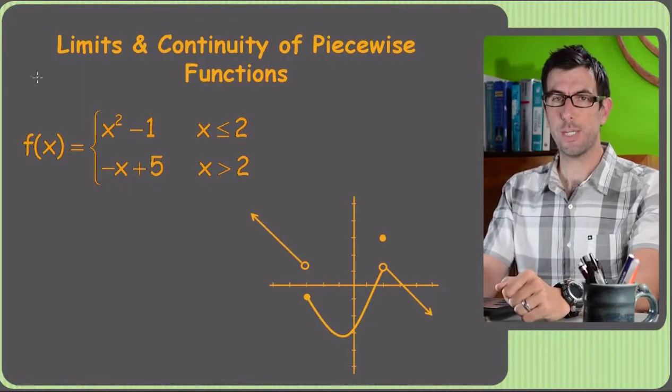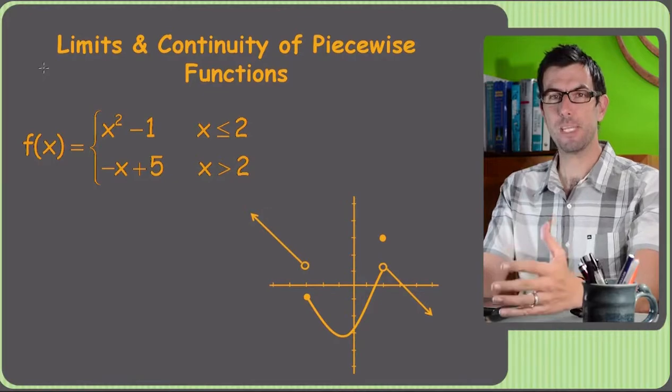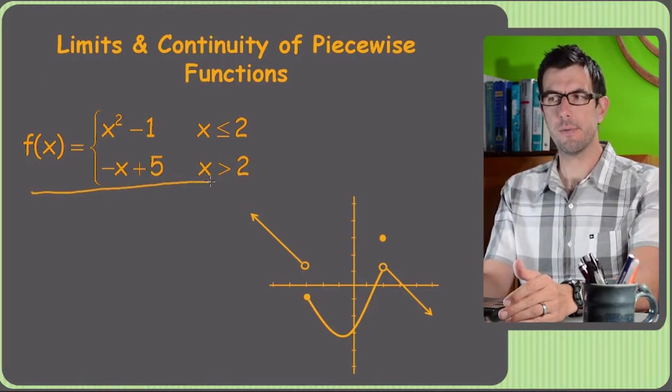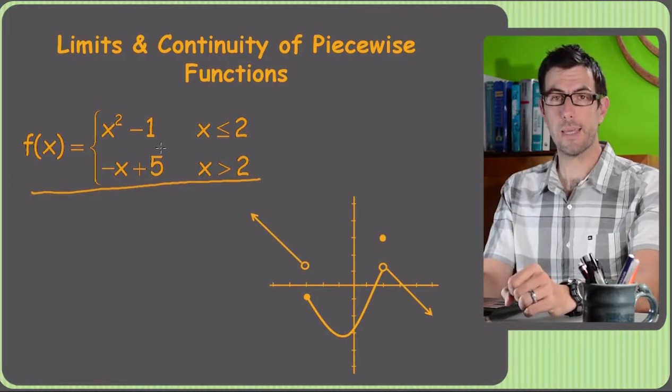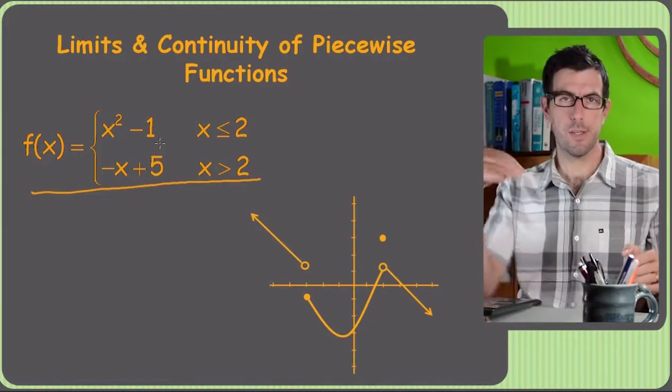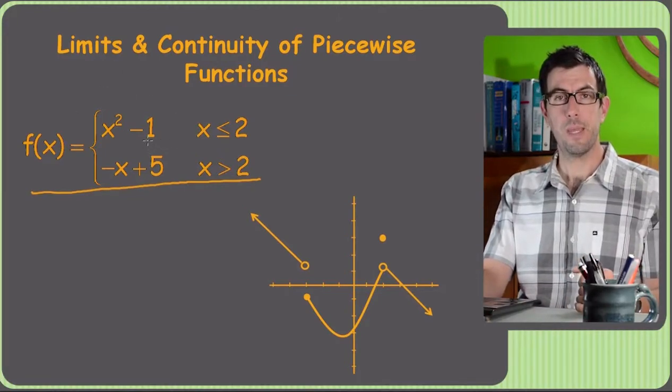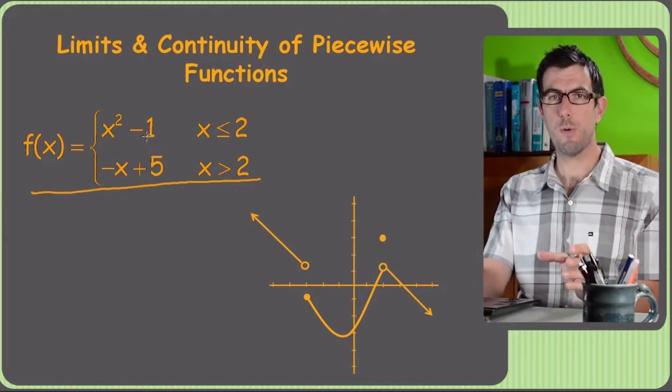Hi, sorry to do this to you, but we're going to get back into piecewise functions. Those nasty Frankenstein type deals that we probably last saw in pre-calculus, where you've got one function on this side, one function on this side, and you've got to put them together, right? If you don't know what I'm talking about and you haven't seen them in a while, but you have this